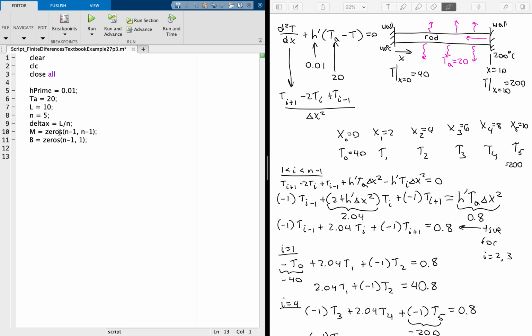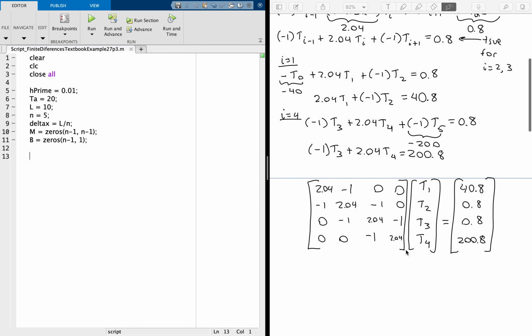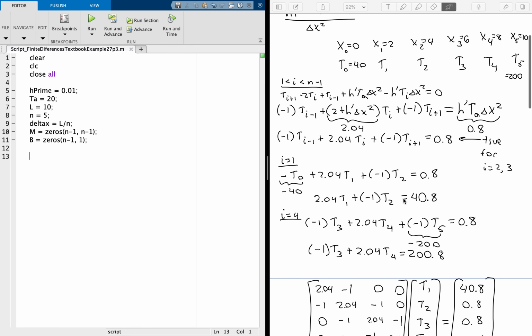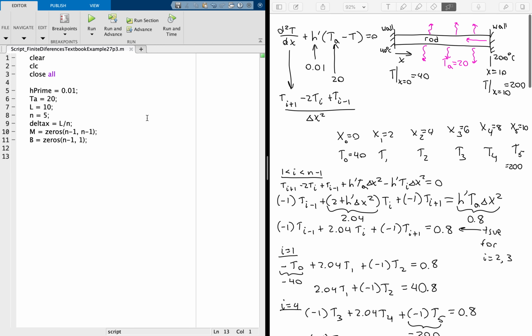Okay, so we're going to start with this step size of 2. Delta X is going to be 2, so that we can compare directly to this matrix. But then we're going to write our code in general terms so that we can increase the number of steps